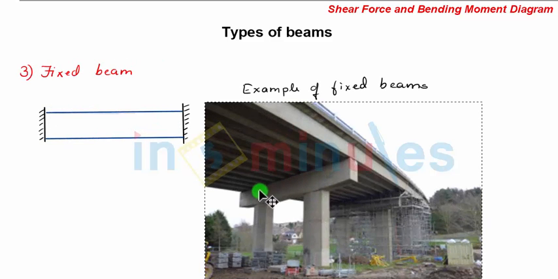In this figure you can see this beam. Now this part of the beam can be called a fixed beam as it has been fixed at both the ends, that is the beam is fixed to this support so that there is no displacement as well as